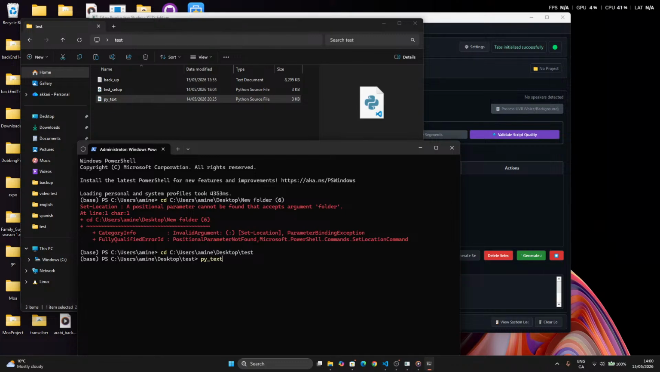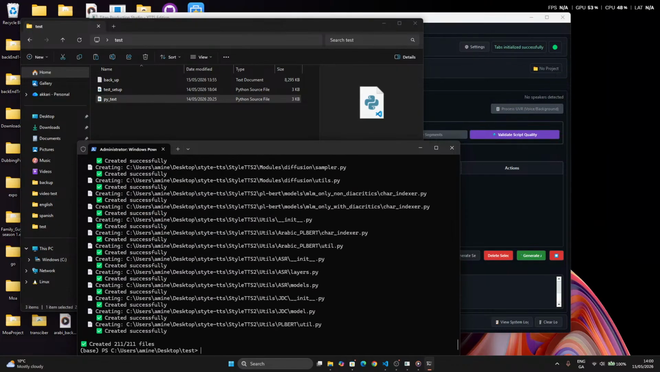PyText dot py, and sorry, you should do Python if you're running Python code. And at the end over here, we're just gonna add the file which is located in the same backup, .txt. Now, once I click,